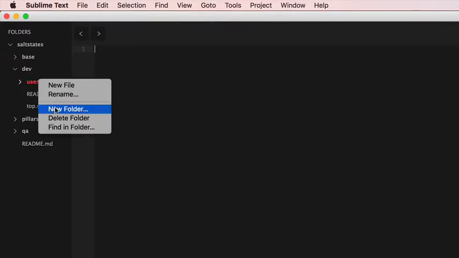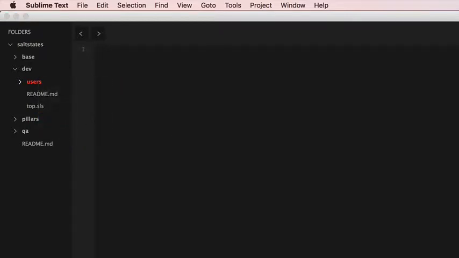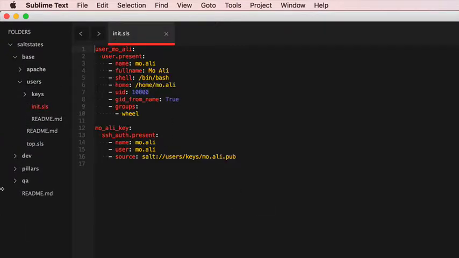We're not going to have just dev users. We're going to have all sorts of users. So we're going to delete this folder. We'll delete that user state. And then we'll just go ahead and create and use this one, which is user mole at the moment, but